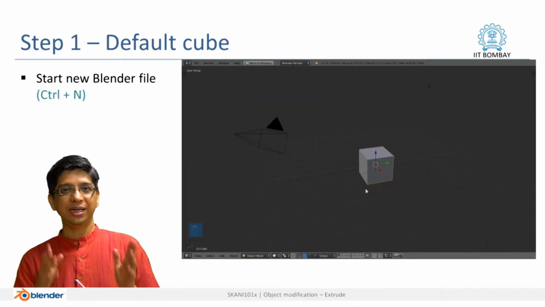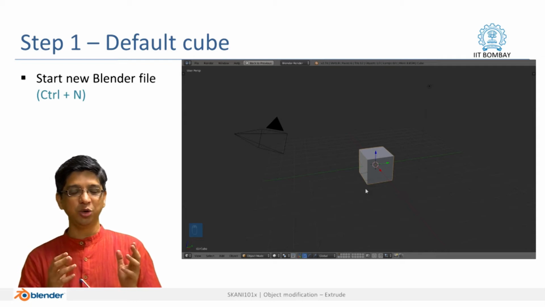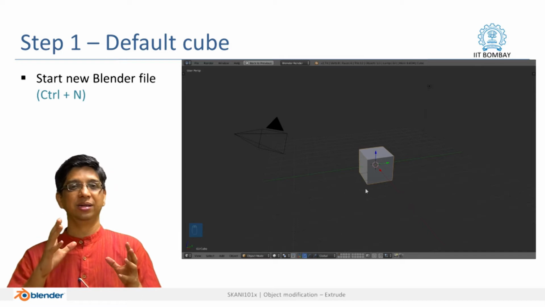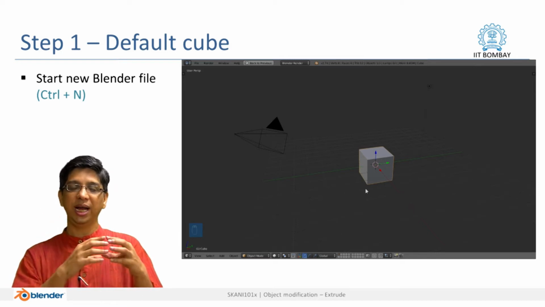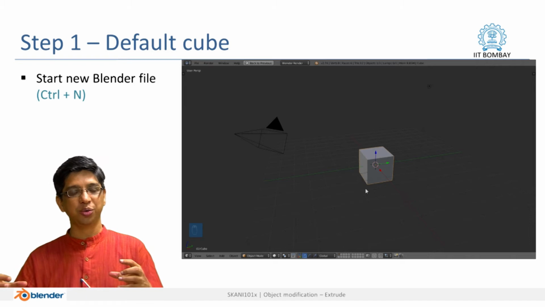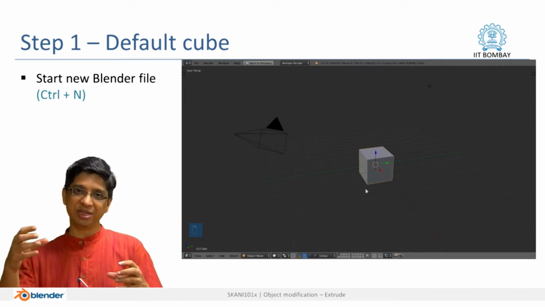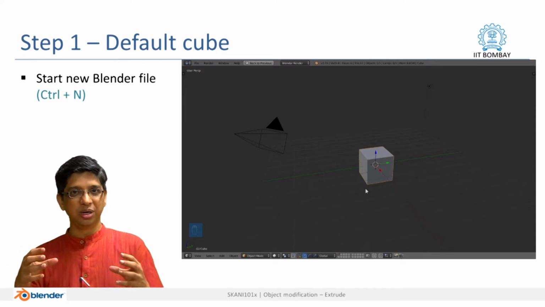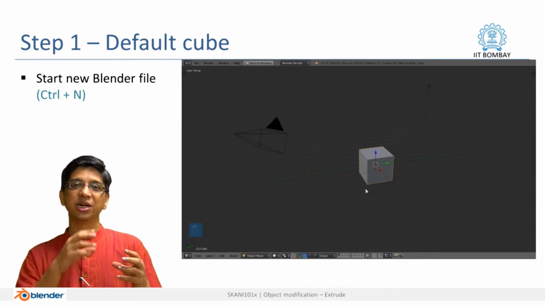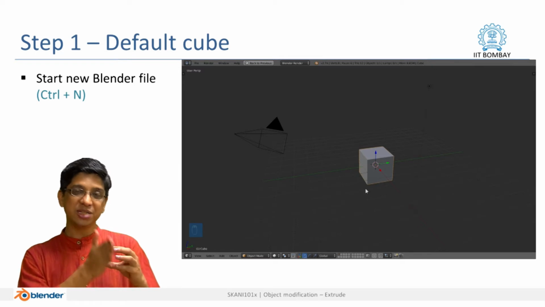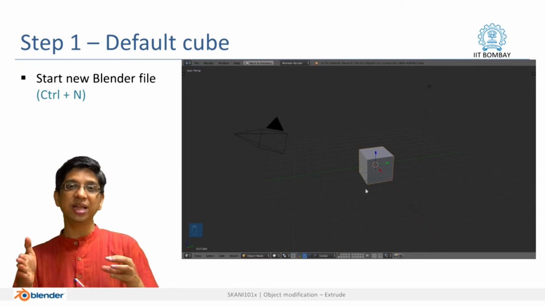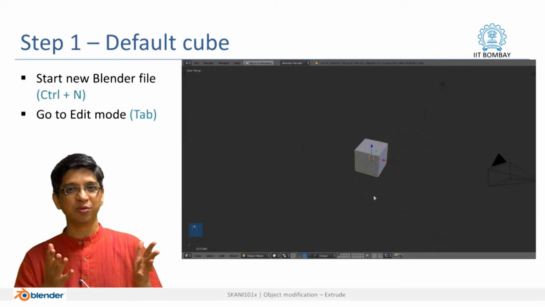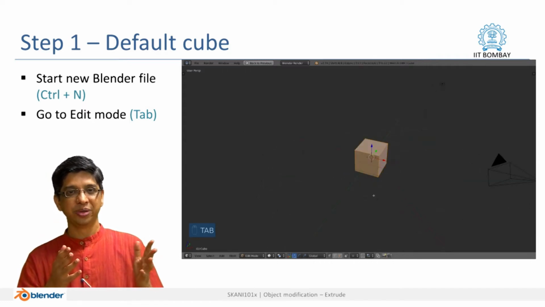We are at the default position of the cube. Imagine the podium well. You want at least 3 cubes in a row because we want the 3 levels. To create the 3 cubes in a row, the simplest format is to have the face on the side to be extruded in the same direction. So, let us go to the edit mode first of all, press tab.